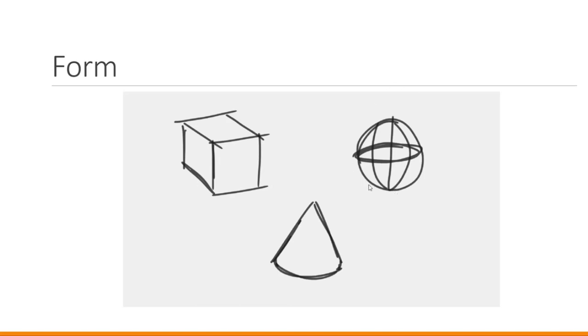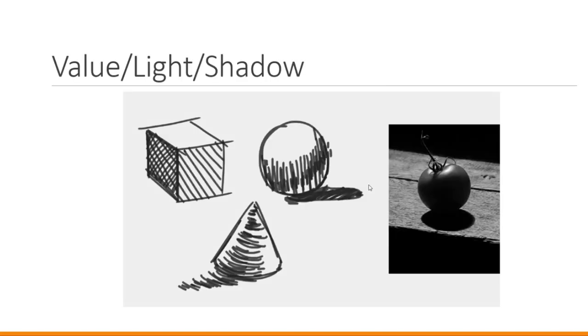The next fundamental is value. So value is just how light or how dark something is. So right here you'll see we have an example of a photograph of a tomato. And this tomato has many different values in it. In some areas it has white, such as the highlight around the top of it. And in some areas it's black, such as the shadow of the tomato. And then other areas have a mid-tone, which would be a middle gray, such